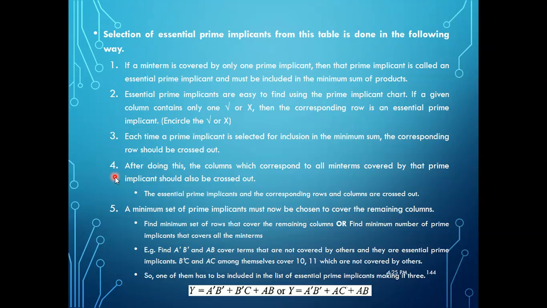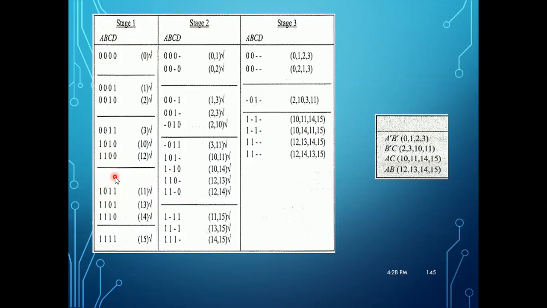So here in this case, Y is equal to A bar B bar plus B bar C plus AB, or Y is equal to A bar B bar plus AC plus AB. So in this particular problem, there are two possible expressions you are getting at last. Let us see how to get that. In the previous stage, we have done stage 1, stage 2, stage 3. So in the next step, what we have to do is find the